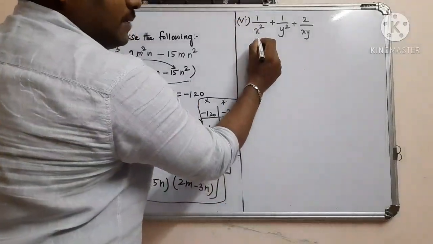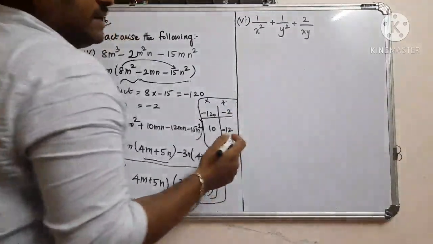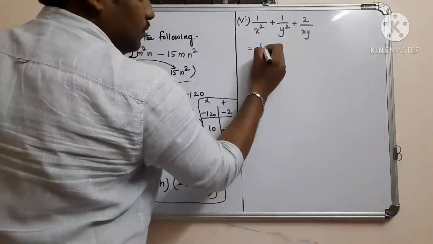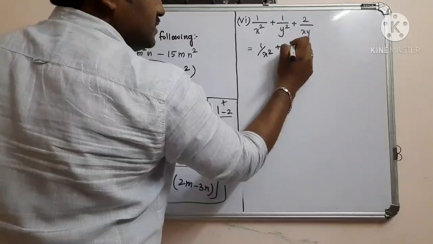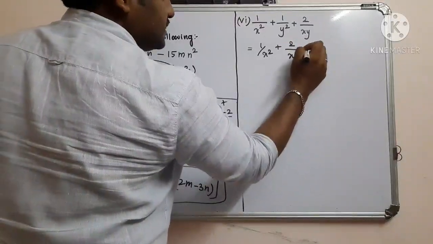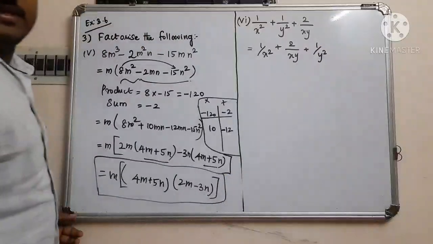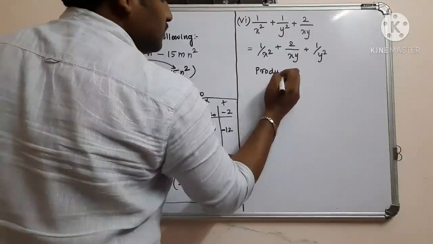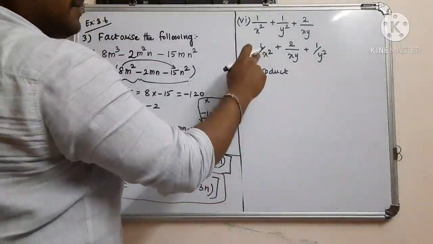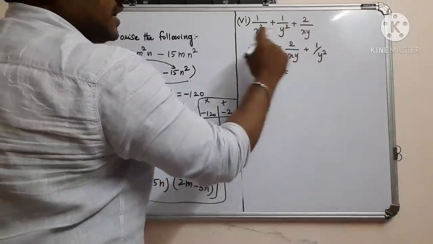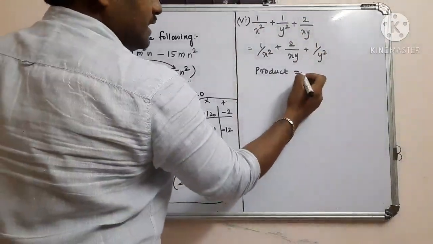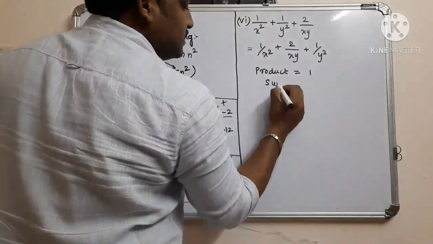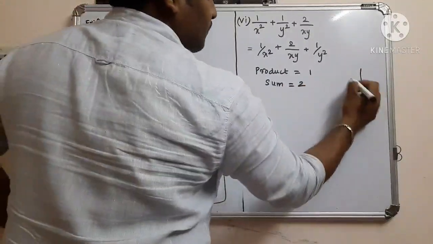The given polynomial is 1 by x square plus 1 by y square plus 2 by xy. We know that the xy term is the middle term. So rearrange the polynomial: 1 by x square plus 2 by xy plus 1 by y square. So this is the order of this polynomial. Now the product: the x square coefficient should be multiplied with the last term. Here it is also 1, here it is also 1. So 1 into 1, 1. So the product is 1. And then the sum is the middle term's coefficient, 2. Sum is 2. Now we have to find